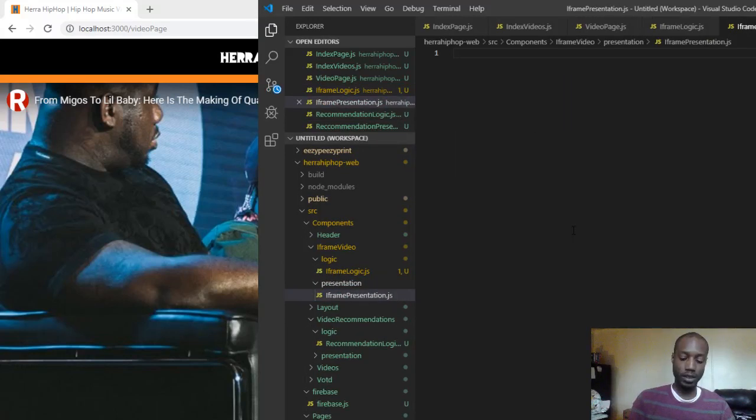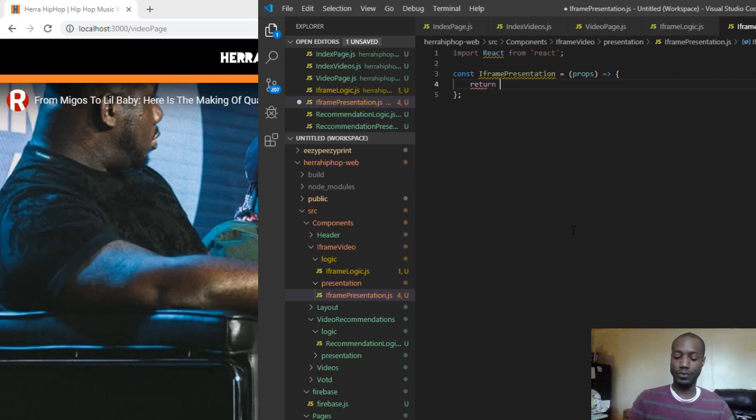So import React from React. Let's create an anonymous function. So we say iframe presentation equals, grab the props that we created earlier, create our function,